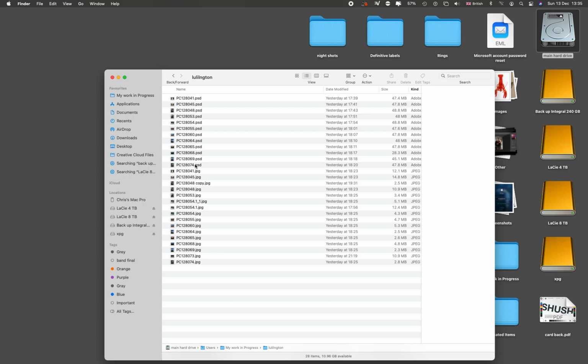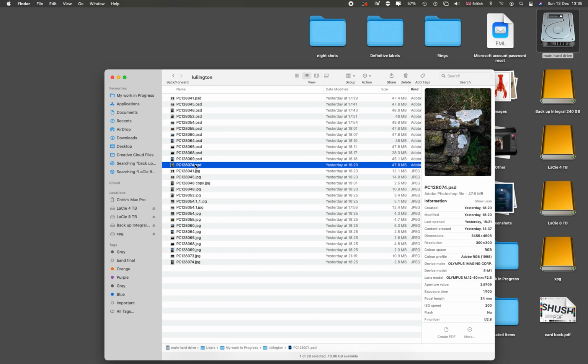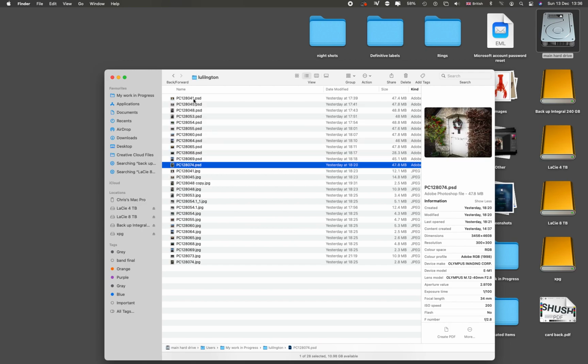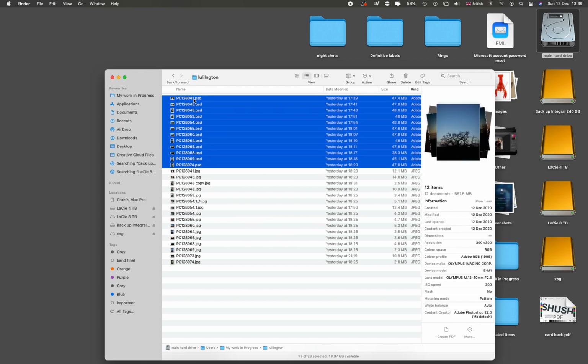So if I click on here and then I hold the Shift key, and the Shift key is above the Control key on your keyboard. So if you find your Control key, then it's the one above it, and Shift allows you to select multiple files together. So you can click at the bottom, click at the top with Shift. Now, there's a real advantage to this, and it's that you can now press the Command key, which is next to the Alt over on the right,